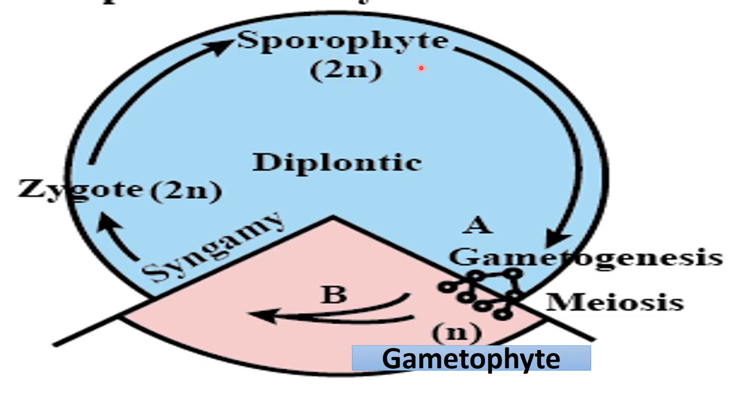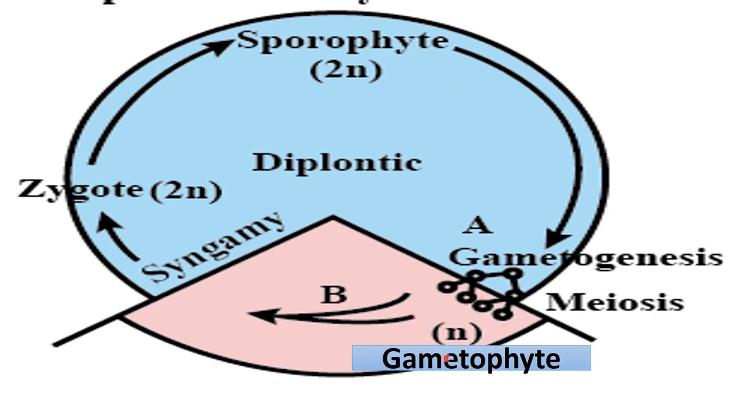Now what happened in this sporophyte? In an angiospermic plant body, flowers are also present. So inside those flowers, meiosis division occurs. Meiosis division means reductional division, in which chromosome number becomes half from 2n to n. So meiosis division occurs here, and gametophyte is formed. The gametophyte will have the chromosome number half, so it is represented by n here. So we can say this is haploid structure. How has it been formed? By meiosis division in sporophyte.